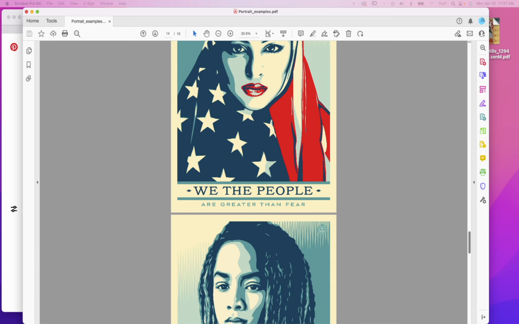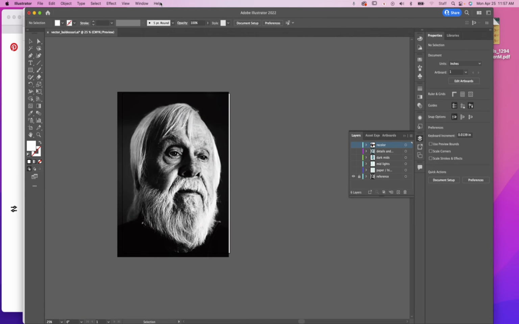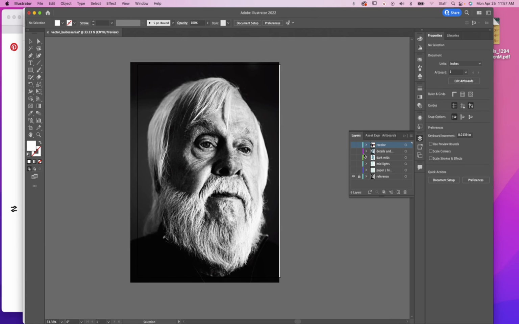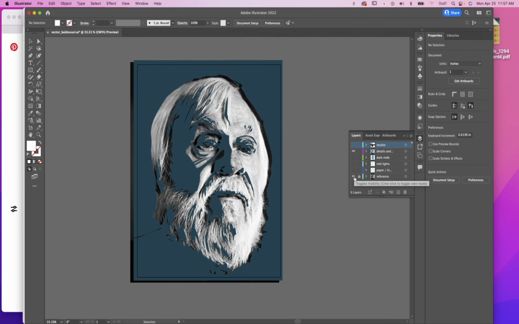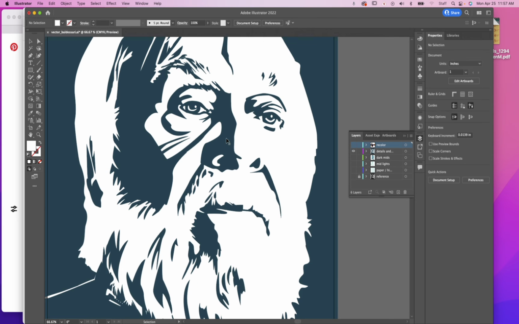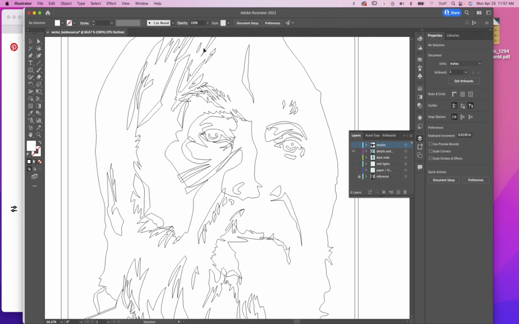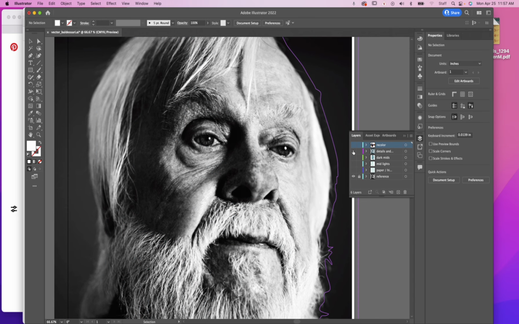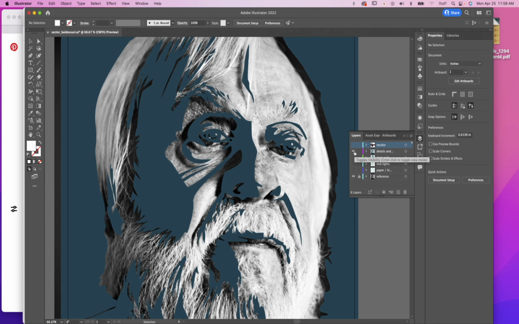So let me give you an example from here. Here's a photo that's already been adjusted to black and white and the levels have been set. What you're going to do is spend time using the pen tool or the pencil tool, and you're going to trace around the darkest areas in the photograph. Like right there, there's the darkest areas. And so you're just doing a trace around it. Now you'll notice it doesn't have to be perfect. Like along this back edge here, it's not exactly along that hairline, but it gives off the impression of where